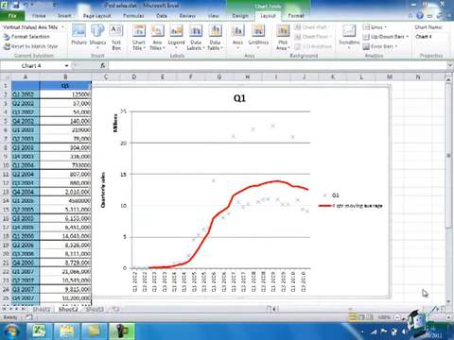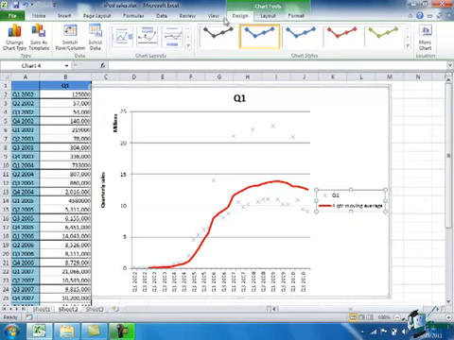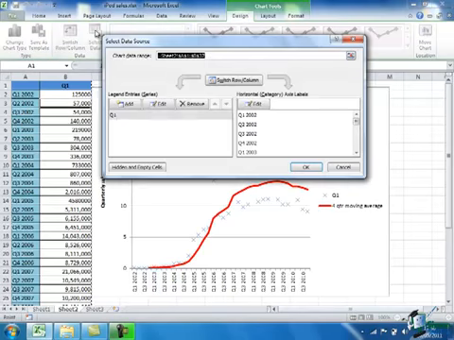Now I've changed the vertical axis scale and I've added a title to the vertical axis. We've done both of those before. I'm now going to look at the legend here. To change one of the terms in the legend, one easy way of doing it is to go back to the Design tab, click on Select Data, and here where it says Q1,